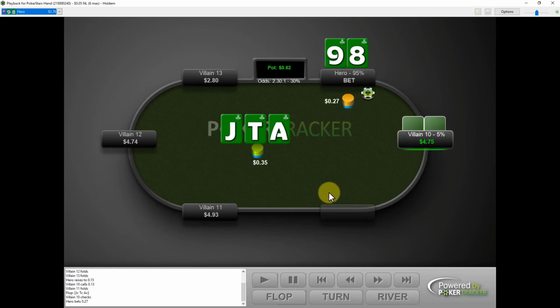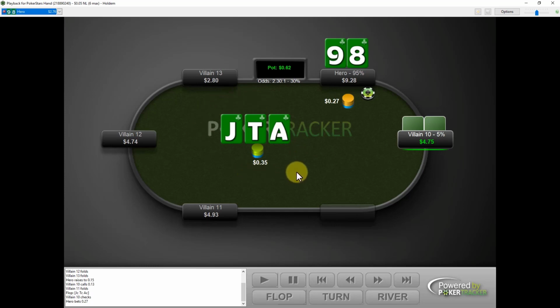Why are we betting here? Well, of course, we're betting for value, right? We have a very strong hand, but we have a very vulnerable hand as well. So here we are betting for a combination of thick value plus protection, because if there is any club higher than ours that hits the board, or actually any club at all, we're not going to be happy. Let's say our opponent has potentially the king of clubs or the queen of clubs, and they have a straight draw, or potentially they have a pair plus a draw. We don't want to see a club. So our hand is vulnerable to those clubs.